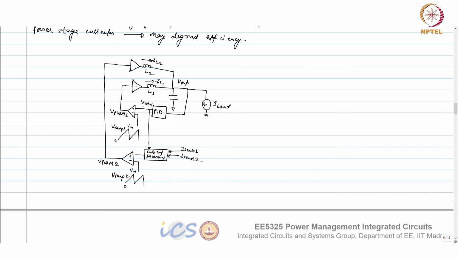Instead of having this sense current, can we have the information of duty cycle only for controlling? Yes, you can do that. If you can measure your duty cycle in a very high resolution manner, I mean 0.1% or so, you can do that. But in the time-based approach, we don't get that problem actually, because you tap the phases and they are already all phases are matched. I mean, the delays will cause a mismatch.